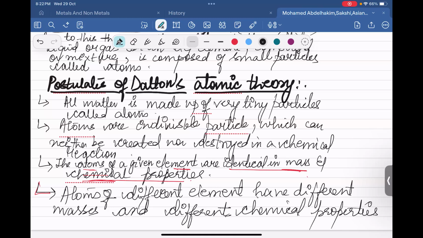Matter can neither be created nor destroyed. Okay, means total mass of reactant is equal to total mass of product always. If somebody asks you to explain this, then what will you do? You will just demonstrate with the example that I gave you about calcium chloride solution and sodium sulfate solution. It is present in your book also.